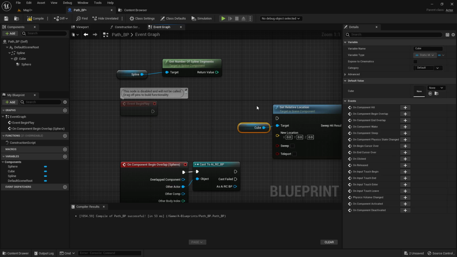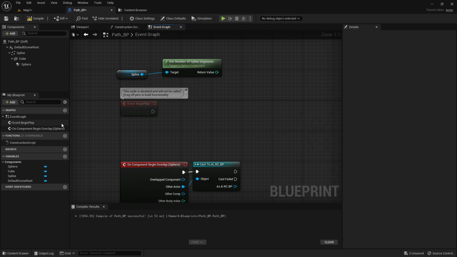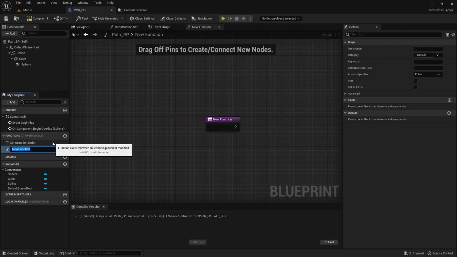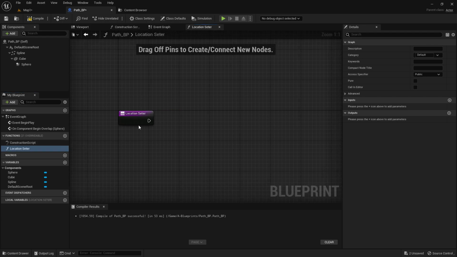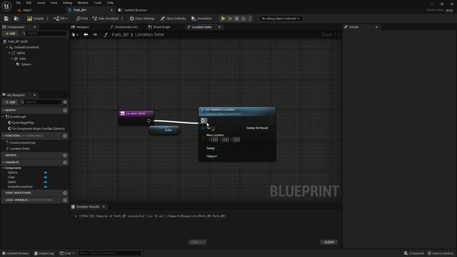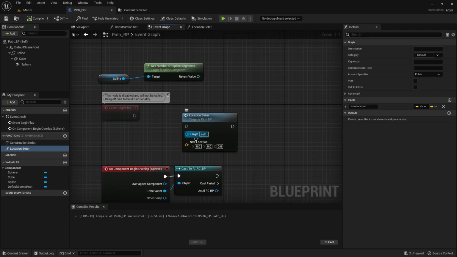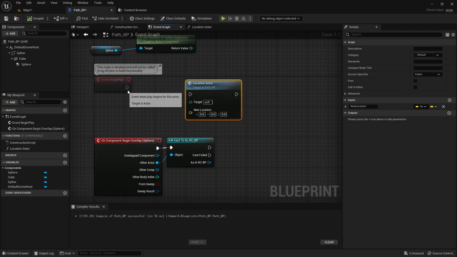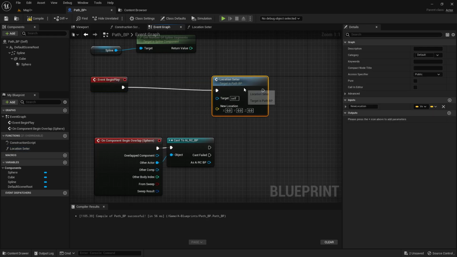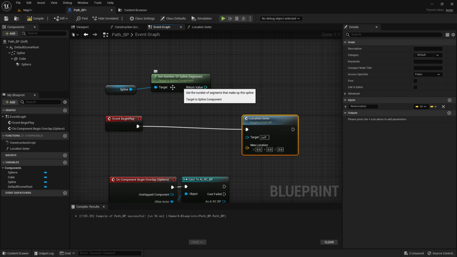And then let me just convert that to a function. It will be easier and look more clean. That location setter. So instead of that, I simply pass the location, and now it looks more clean, like that, simply clean. So now in the event begin play, what I'm going to do is take this